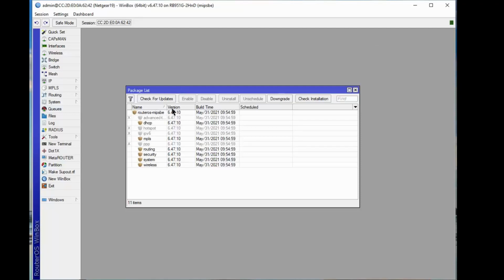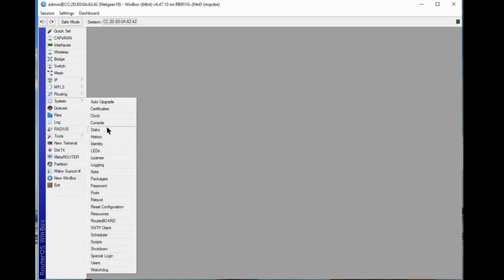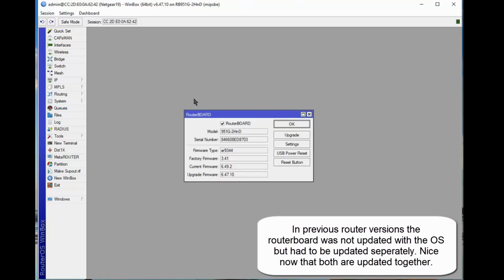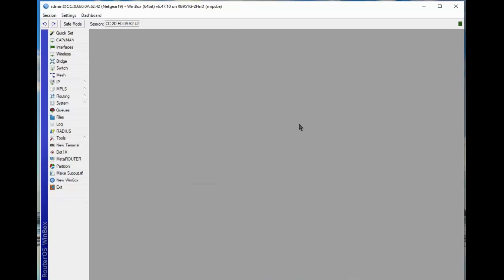So we think we actually did a downgrade, but there's one part missing yet. If you go back over here and look at your RouterBOARD, that's the actual firmware on the board of the router. Notice that it also downgraded to 47.10. So everything's been downgraded. Now let's go through what you would normally do, which is update your system